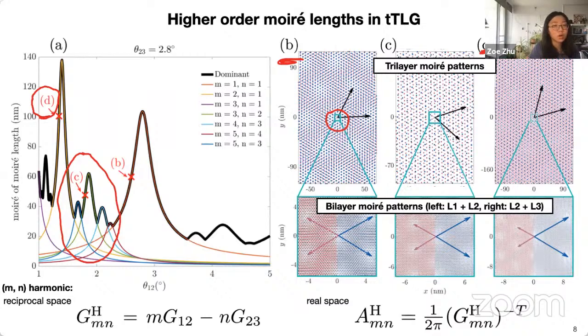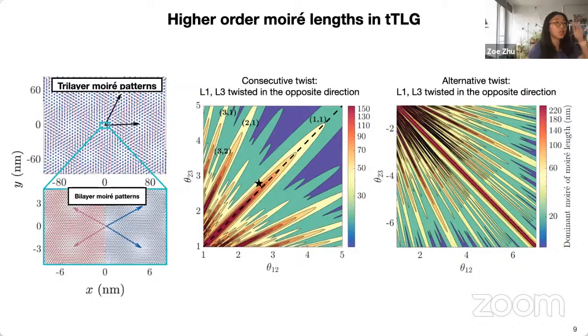And this is a more difficult case because there is clearly no approximate periodicity. We can also look at the Moiré length as a function of both twist angles. In this picture, we are basically only plotting the dominant Moiré length as a function of theta 1,2 and theta 2,3. These dominant lobes are those with a very clear, distinct Moiré length,